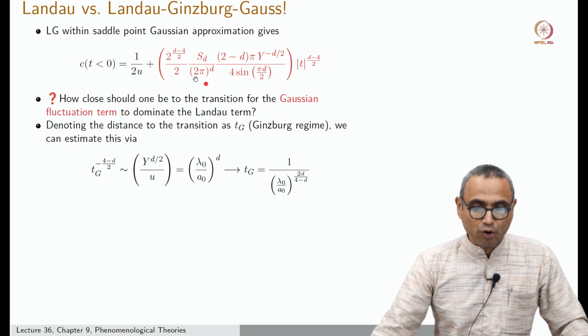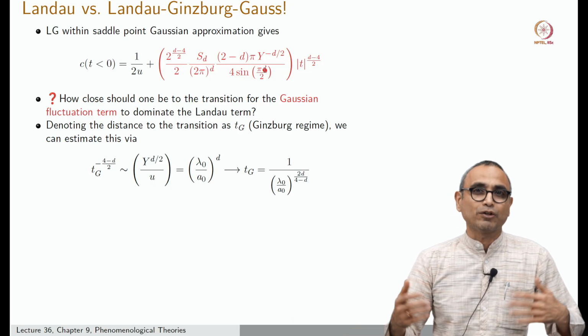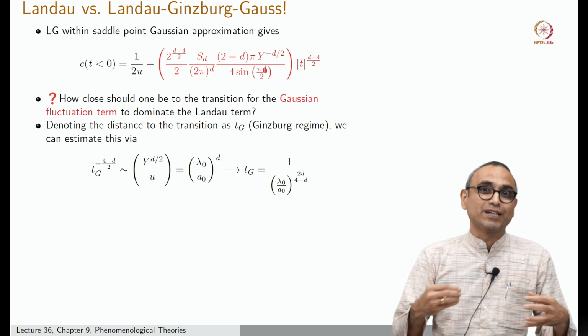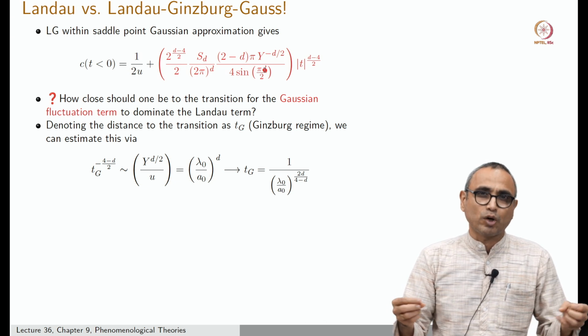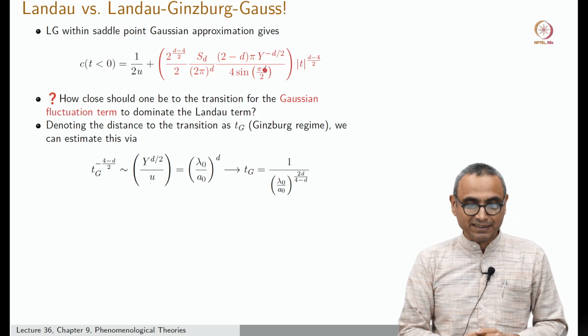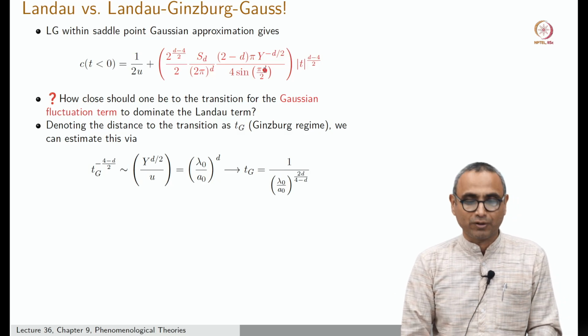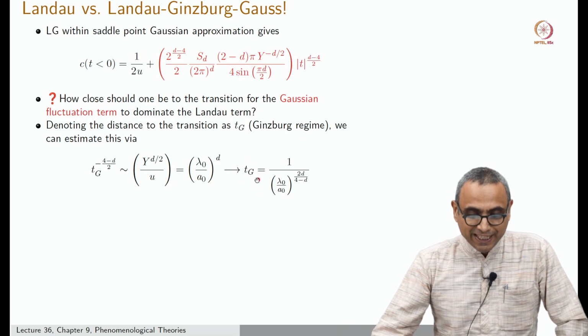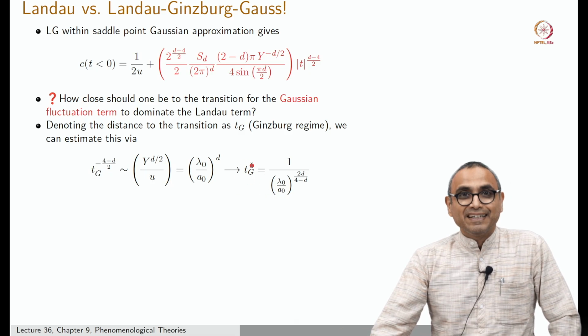So, you see there are a whole bunch of constants here. I am not accounting for them because they are not critical for me to get orders of magnitude. Maybe within 1 or 2 orders of magnitude they will not affect my results. So, I am just not going to worry about keeping those kinds of details. So, this Ginzburg window estimate for us is the following.